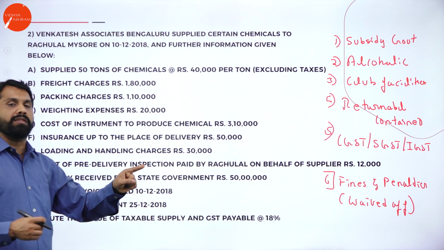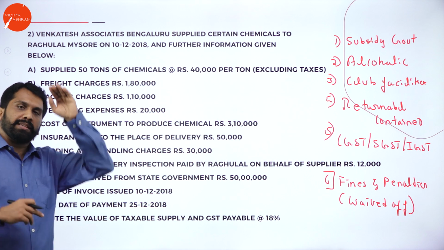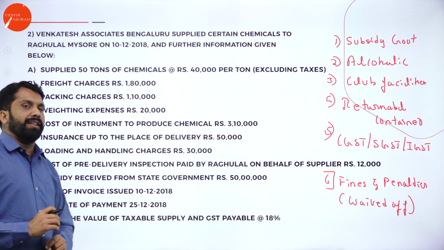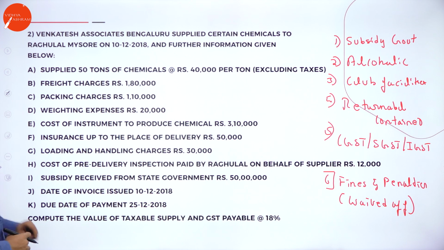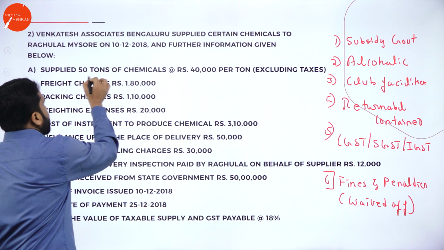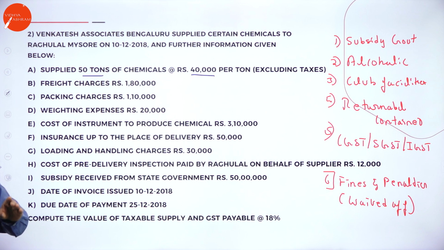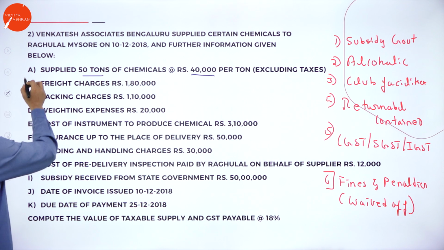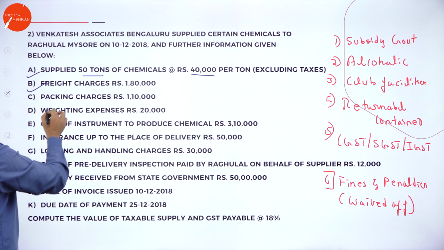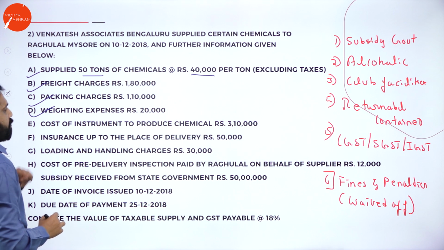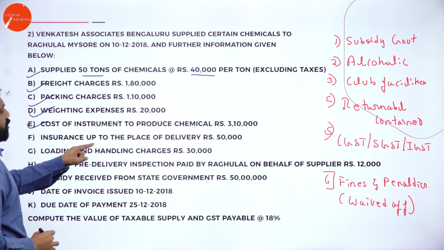Other than this, whatever you get, keep on adding everything and write the total. That is only your taxable value of supply. Now, in this, supplies 50 tons of chemicals at 40,000 per ton. Multiply and write. You have to take freight, consider package, yes, weighing expenses, yes, cost of instrument, yes,